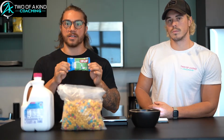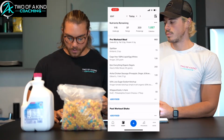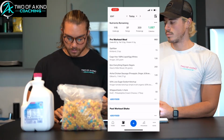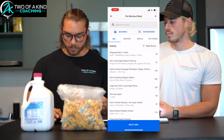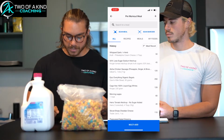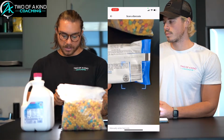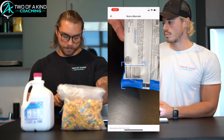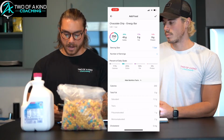That's one of the ways that you can track using MyFitnessPal. So we're gonna go ahead and hit add food. You're gonna hit the scan barcode icon right here on the top right. You can see the little barcode in that square. Tap that, then it's going to bring up your scanner. Go ahead and scan the UPC or barcode, and that will literally bring up the item that you have